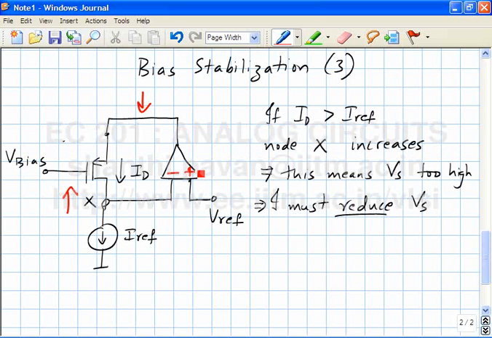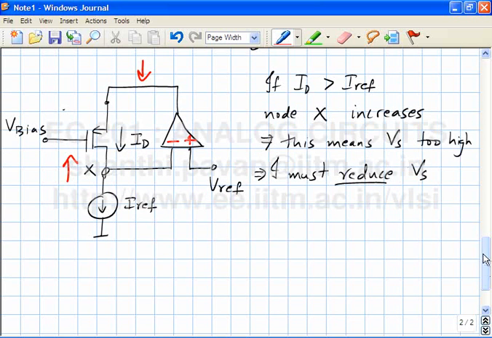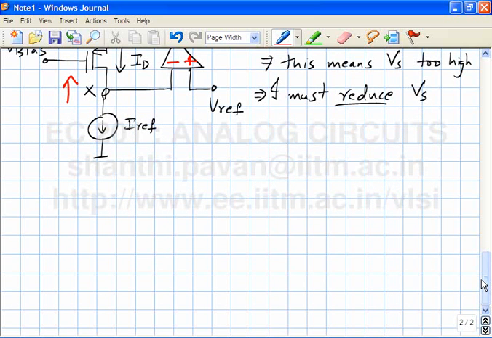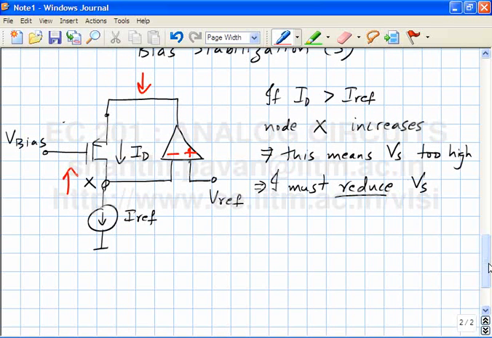That makes sense? And once everything is settled, the drain current through the transistor will exactly be equal to Iref, independent of the threshold of the device. How would I choose Vref to ensure that the transistor operates in the saturation region? I must make sure that Vref is smaller than Vbias plus VTP. Alright, so once given this bias arrangement, I'm sure now you're all very familiar with how to make a common source amplifier by adding infinite capacitors at the right places and getting rid of the op amp as far as the small signal equivalent is concerned.